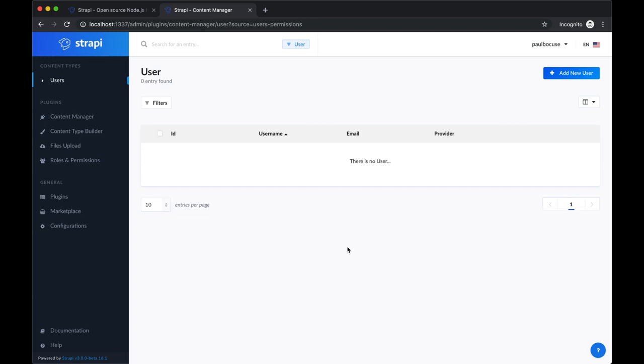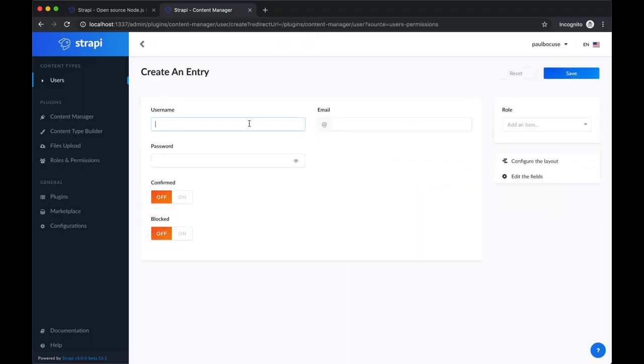A front-end user, or simply just user, is someone who interacts with your project through the front end. A front-end user can, for example, be an author of an article, make a purchase. It has an account. It may leave a review or may leave a comment. Right now, we just have an administrator, so our next thing to do is to create a new front-end user for Paul Bucos. To do so, click the Add New User, add his name, email,